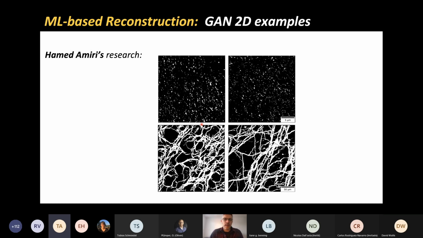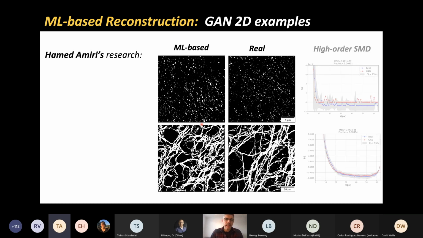If I asked you to decide which one is real and which one is not, you're probably debating. If you're an expert on these specific types of rocks, you may be able to tell, but if we look at the collection of our images, even Ollie, who's an expert, is pressed to say which one is real and which one is not. So this works really well. The ones on the left are reconstructed by machine learning. The ones on the right are actual real samples.